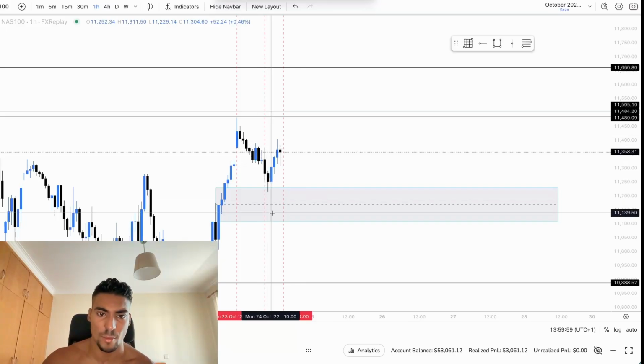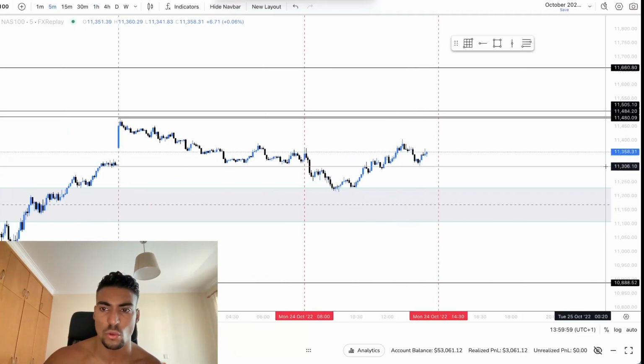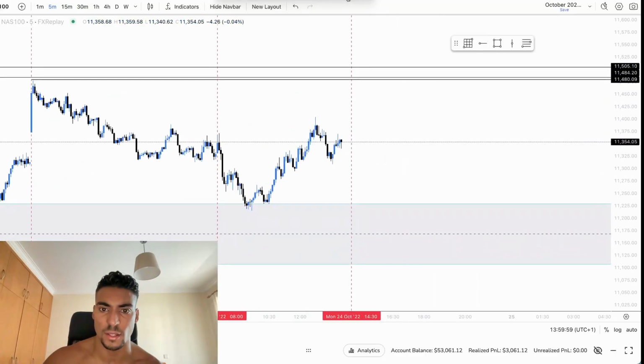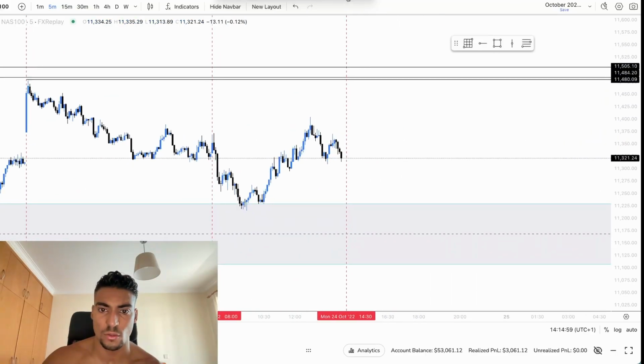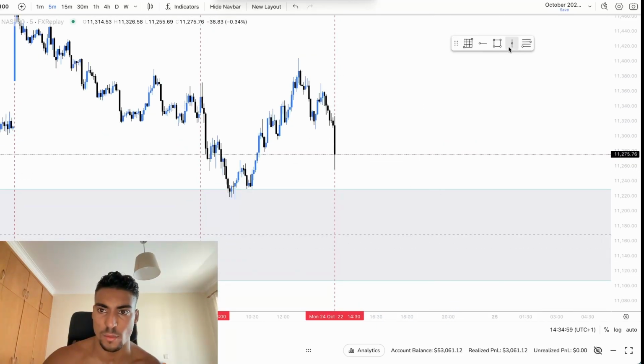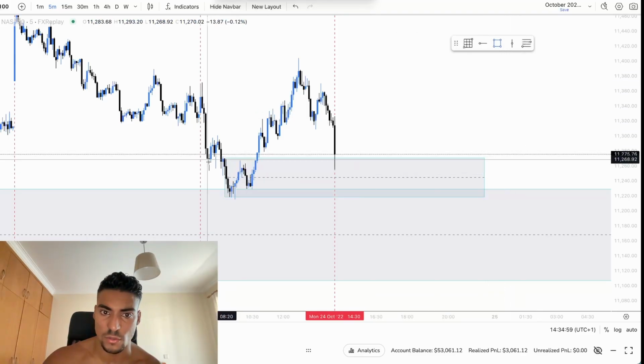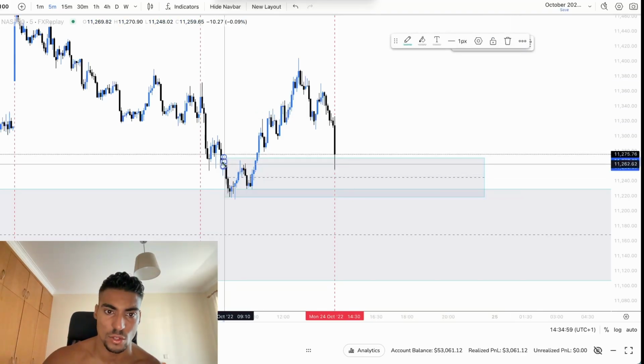In the London session we manipulated the Asian session lows and reversed out of it. I'm expecting New York session to continue to these 3 relative equal highs at least. I want to see some manipulation on 5 minute to the downside. That's what I like to see. Nice, that is completely perfect. I would like to see some retracement to an order block, breaker block on this 5 minute. That would be cool. Okay, we are just filling that. So continuation confluences, just right.